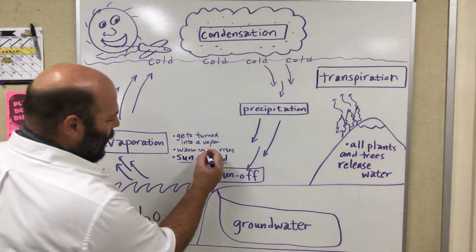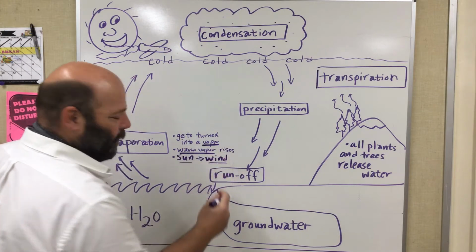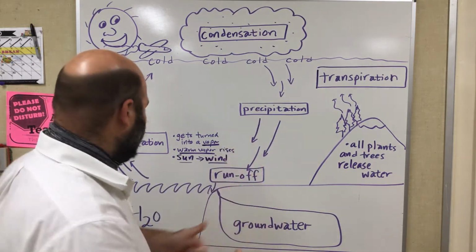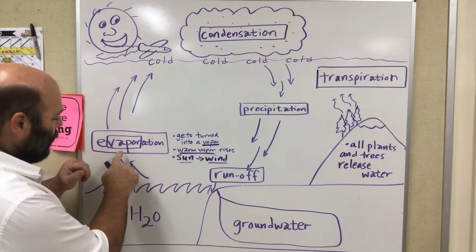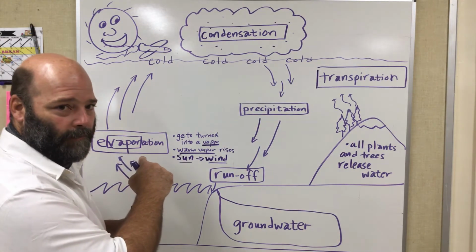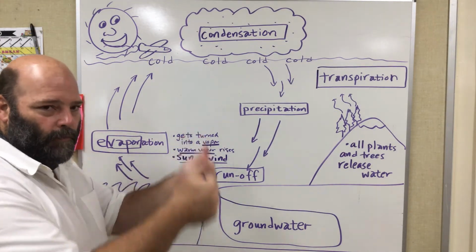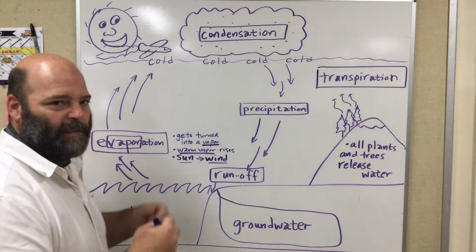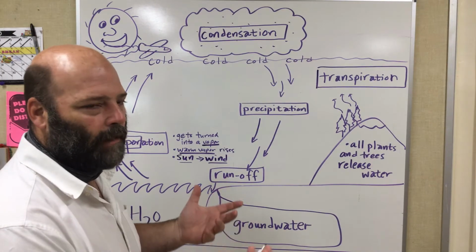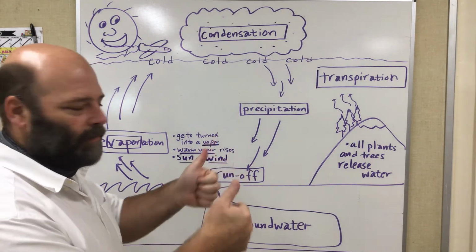So this warm vapor starts to go upward, okay? And you cannot see it. And remember, if you ever get confused, the word vapor is in evaporation, okay? The warm vapor wants to rise because it's warm, all right? Warm things want to go up, just like biscuits at Hardee's or McDonald's. They rise, just like bread should.